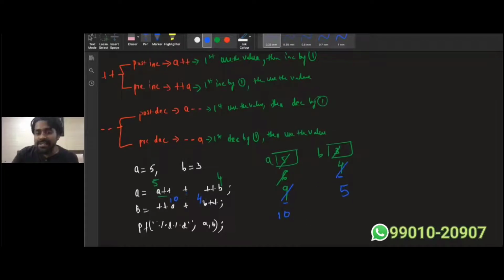Now I'm telling it as 10 plus 4. What is 10 plus 4, guys? 14. 14 is given to whom, guys? b. Now the value of b will become what, guys? 14. In this particular line, I'm printing a value is nothing but 10 and b value is